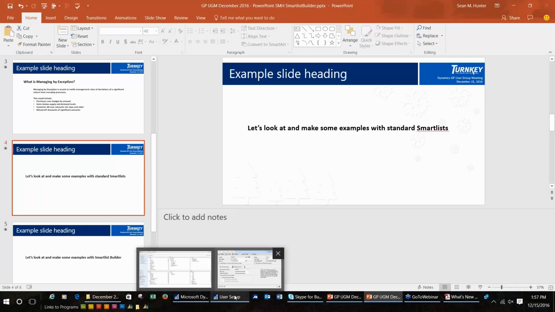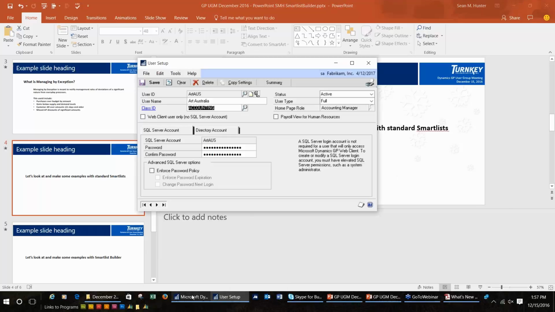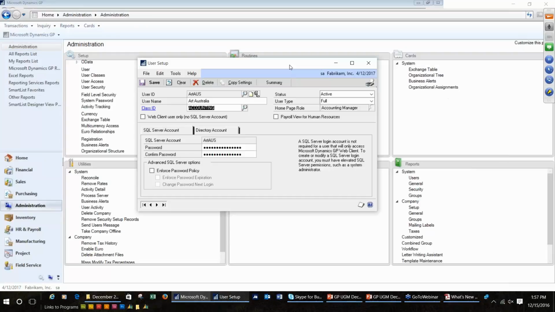So to date, one of the things we can do to help manage these things and really automate this is, when you get in and start working with a SmartList, I can go into a SmartList today, create a SmartList, add a filter to it and say, show me records that equal this much dollar amount, right? So I could go in right now and create one on the customer SmartList,